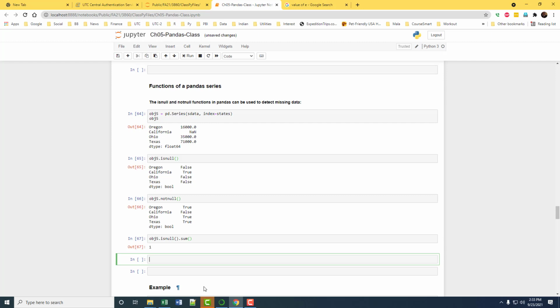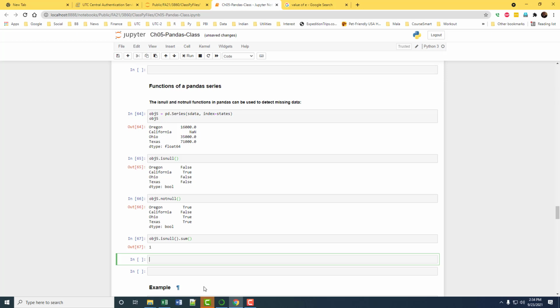So wherever it is null, you will have true, which counts as 1. When you sum, everything else will be 0, so it tells you how many null values are there. This is useful if you want to figure out whether you need to do imputing or what. If there are too many null values, maybe the column is not worth it, so you can throw the column out and things like that.